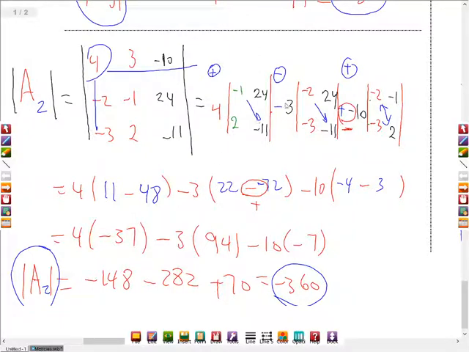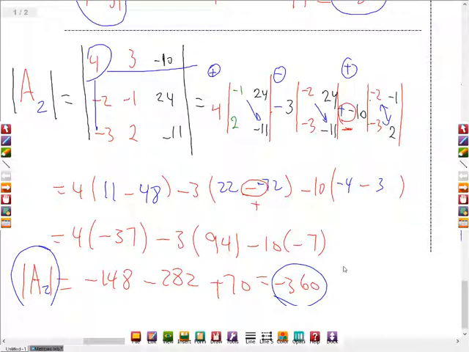The same thing for negative 3, 22. Minus negative 72. Negative 10. Negative 4. Minus, here, negative 1 times negative 3, 3. 4 minus 37, minus 3, 94, minus 10, negative 7, 73, 60. Now what are we going to do with all these? We found A,